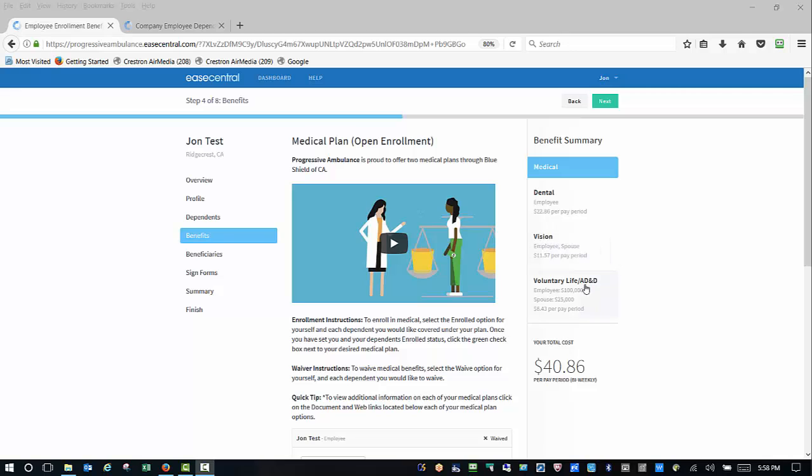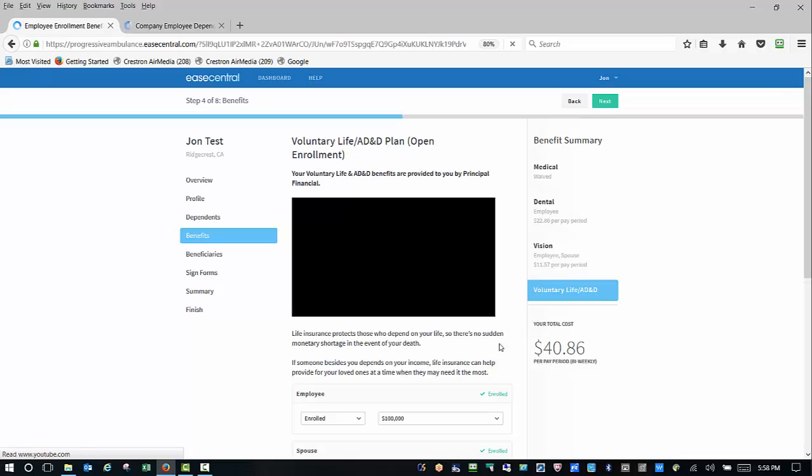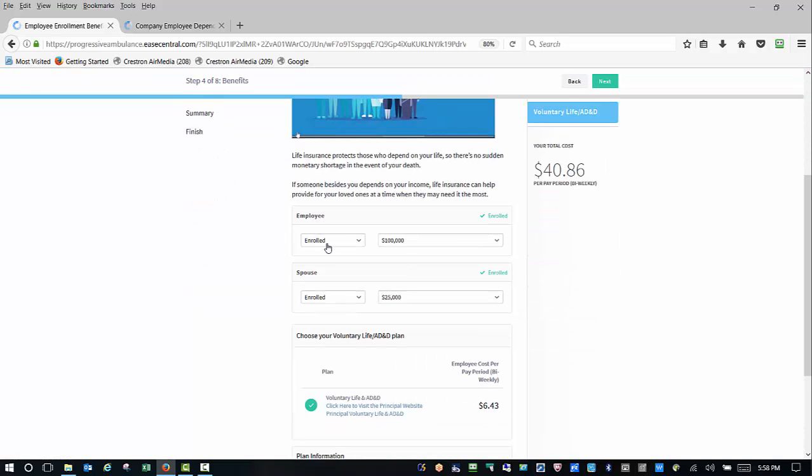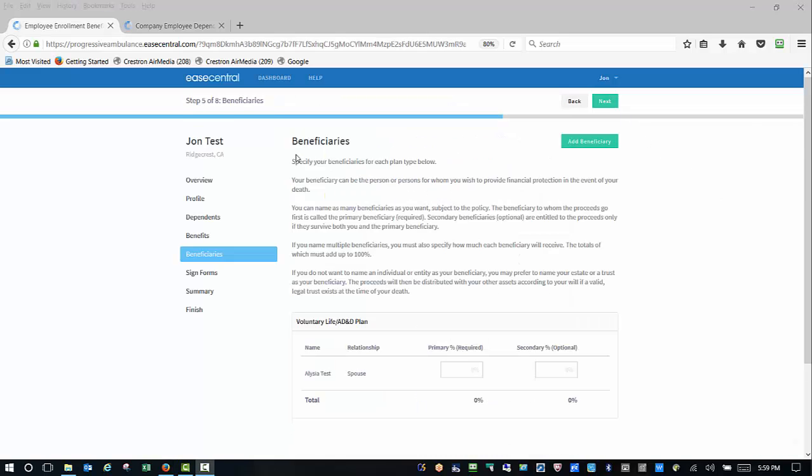Your new vision and life and AD&D plans are both voluntary, so if you do want to waive, just make sure that your elections are set to waived, and then click Next to waive those benefits. If you do elect voluntary life and AD&D, you will need to specify beneficiaries. Your beneficiaries will default to